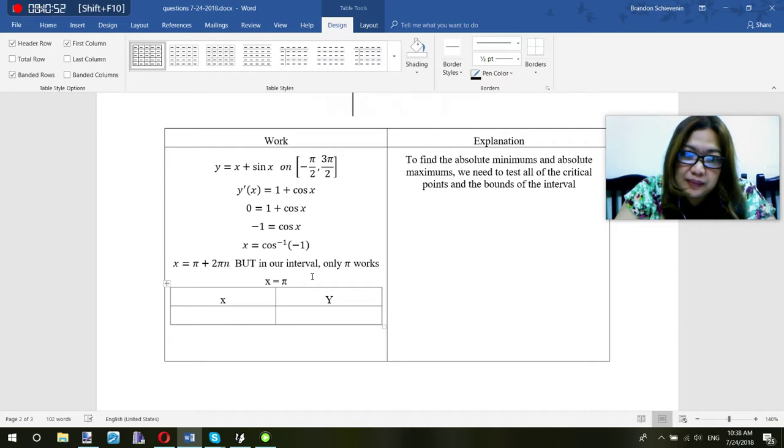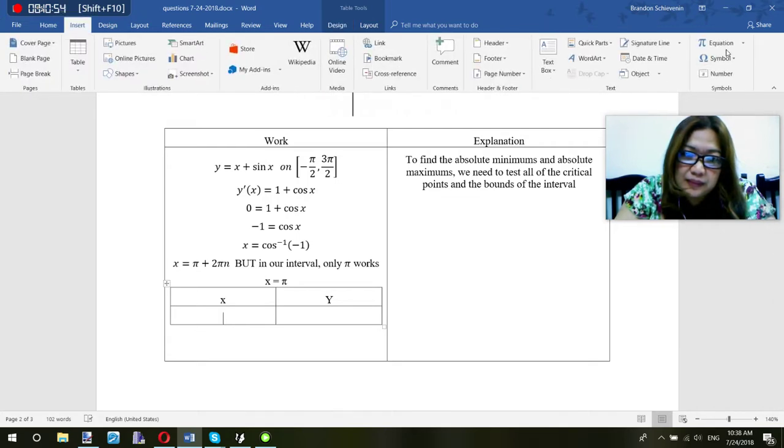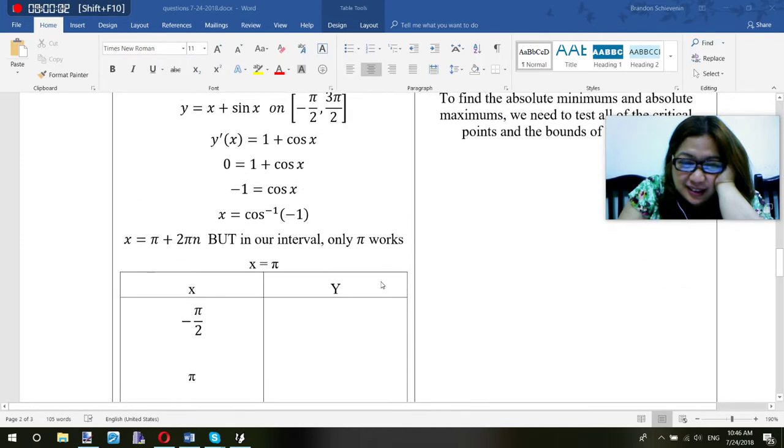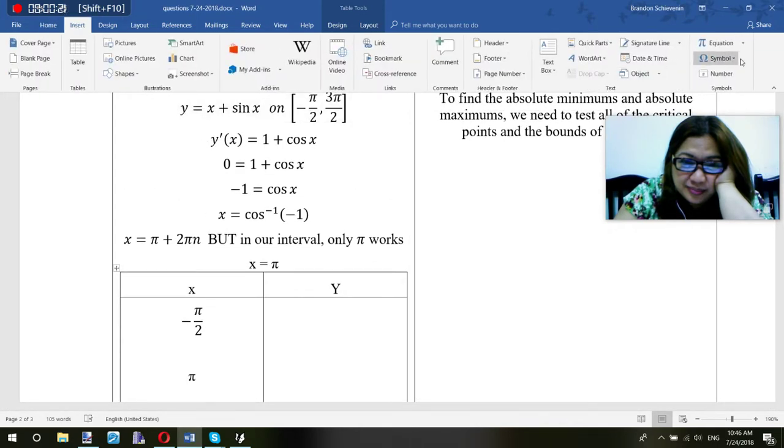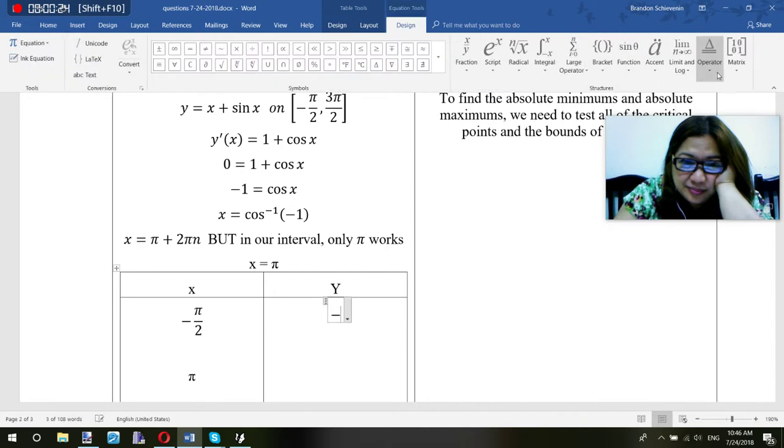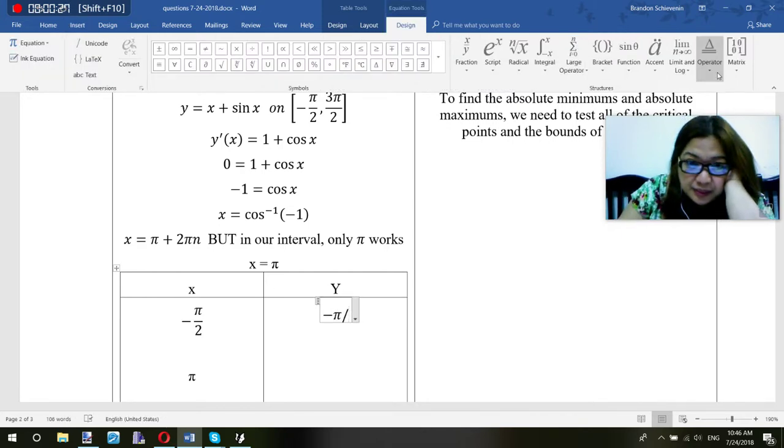We have found our relative minimum and maximums at pi. We've got one critical point, but you also told me that we need to test the bounds of the interval. So I'm going to plug in negative pi halves, pi, and 3 pi halves into my y value. So if I plug in negative pi halves, what happens to my y value? Okay, so that will become negative pi over 2 plus 1. Okay. So to simplify, that will become